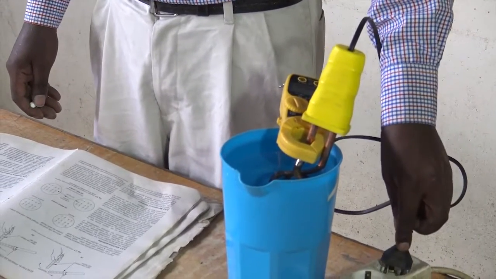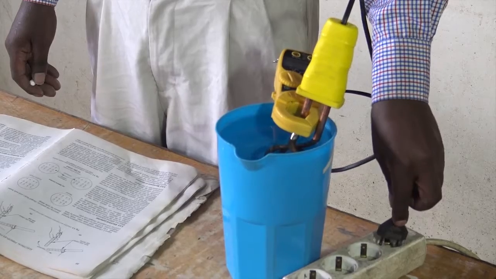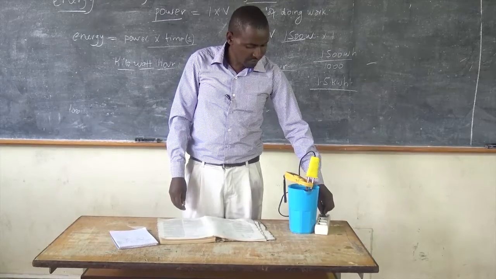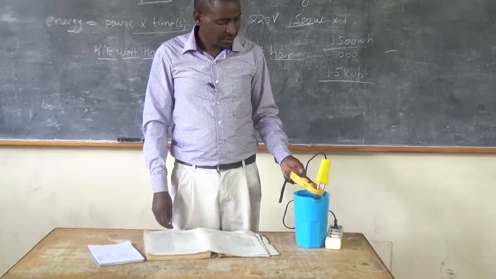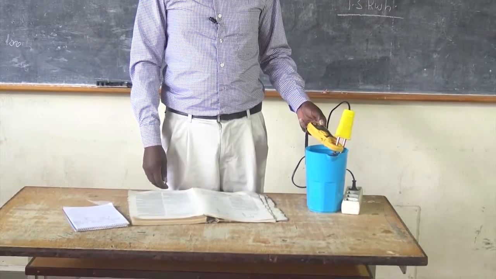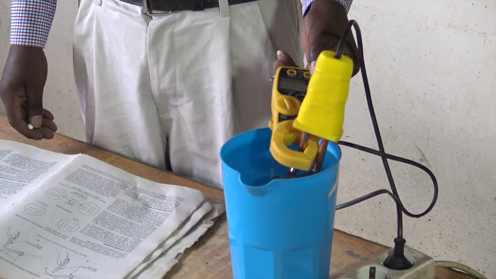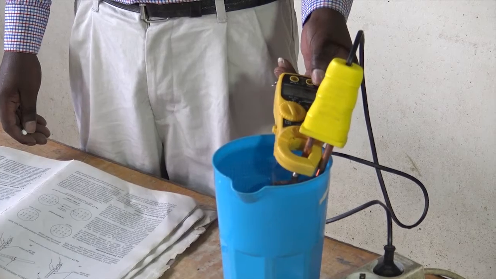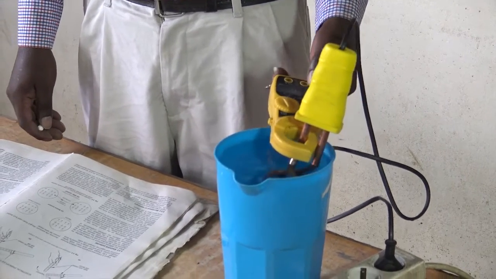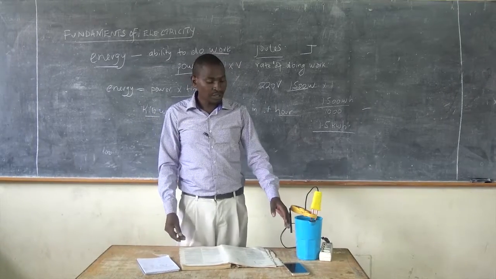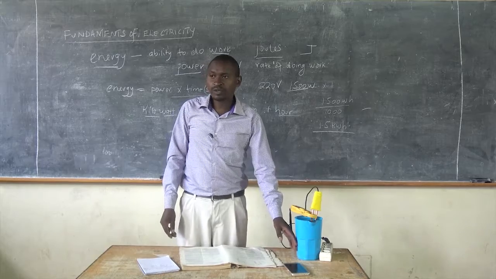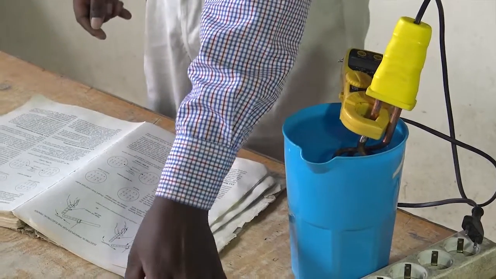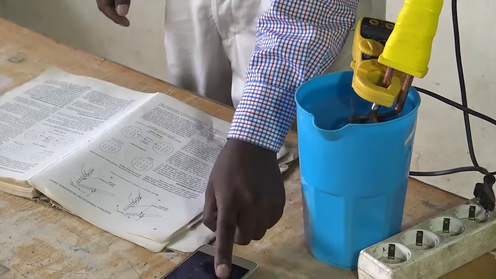And we start. Put the jug, plug the equipment to the socket, and check the amount of current that is flowing. Plus, we also start our timer. Now, we want to find out how much energy will be used to boil this water from around 20 degrees to 100 degrees, and we also check the time that we shall